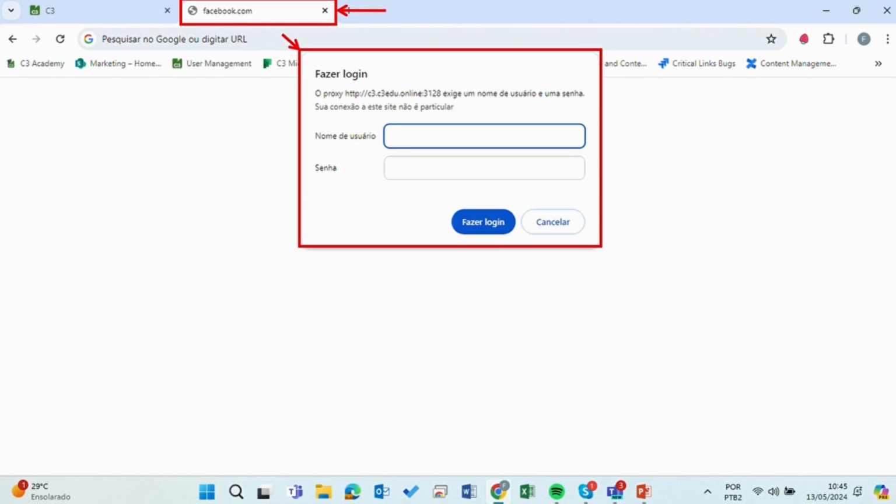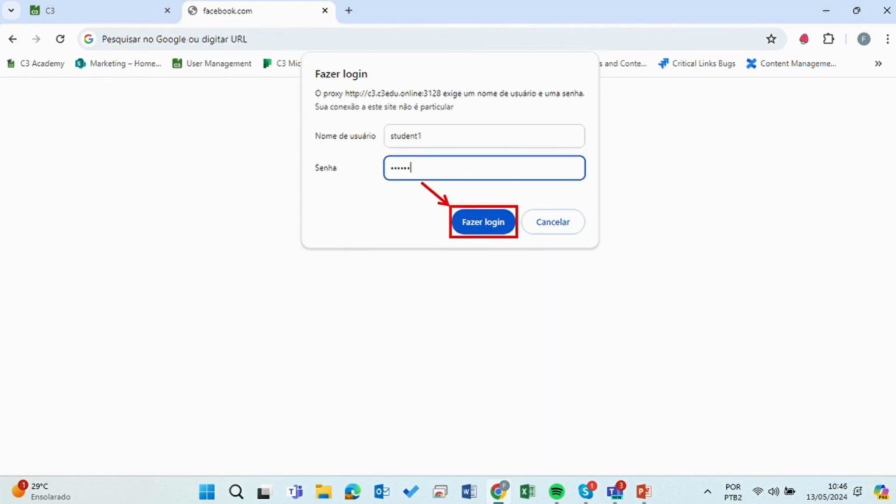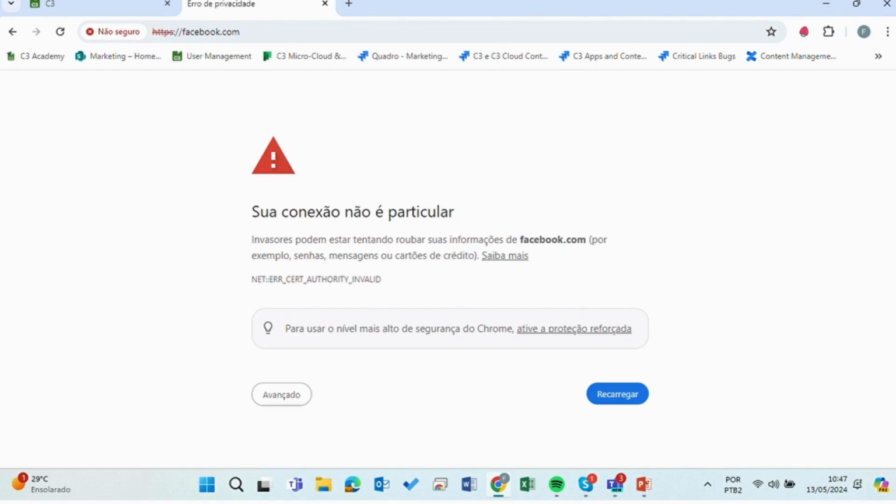Now we will open a new tab in the browser. This will automatically prompt the user to log in. The same credentials used to access C3 must be entered here. Therefore, we will log in to try to access a website. Note that Facebook.com is one of the sites on the students' restrictive list, so you won't be able to access